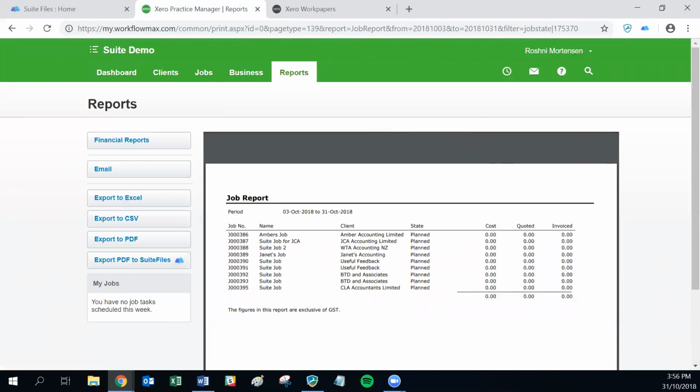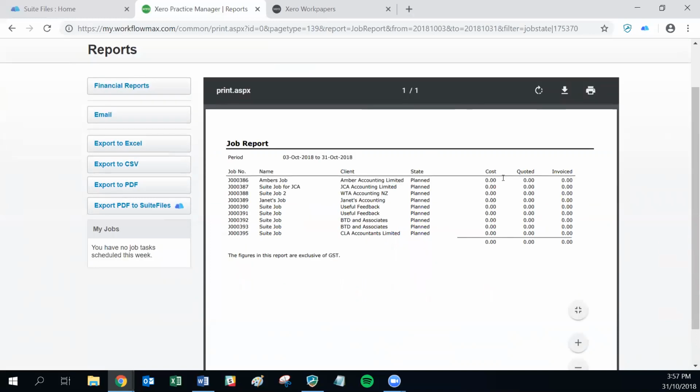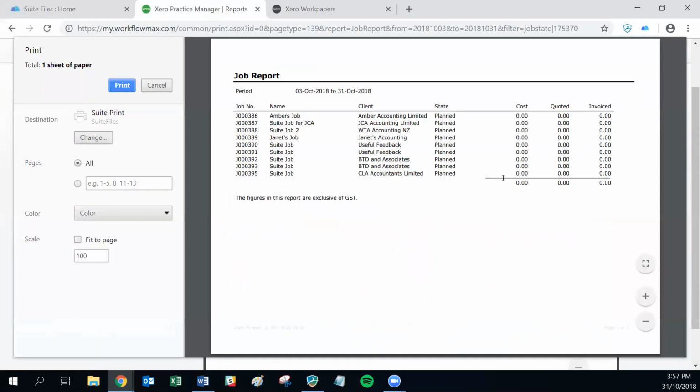So there are going to be places where you won't necessarily have the option to export the PDF to SuiteFiles using one of those buttons. So for example, tax returns, some Xero reports won't have that button, but we do actually have another way to export these into SuiteFiles, which you can use for basically anything that you can print. So if we use this as an example, if we click on the print icon,